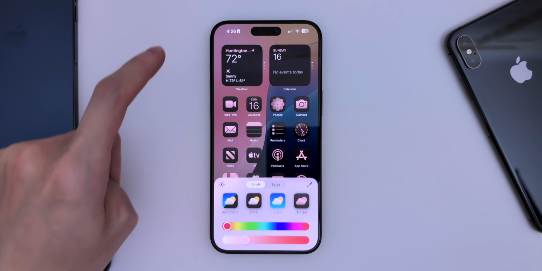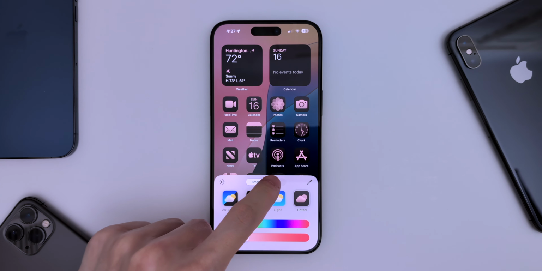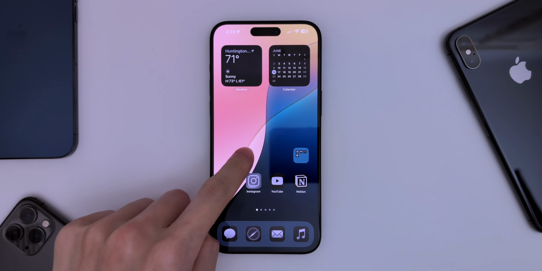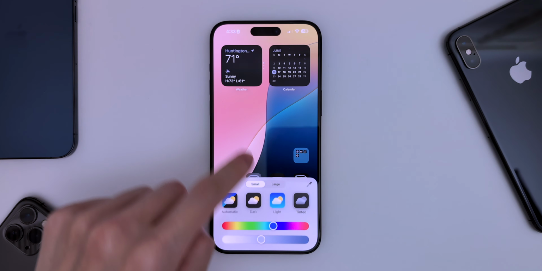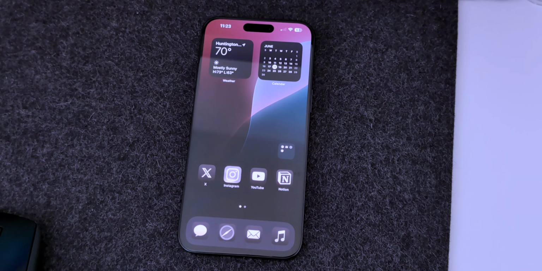There's also an option to change the icon size from small to large. And this also hides the app labels. You can already see another bug. When small and tinted are enabled, Instagram and Notion look like this. But with large and tinted, they look like that. I've been playing with this all week, and I settled on a monochrome look. It reminds me of Nothing OS.